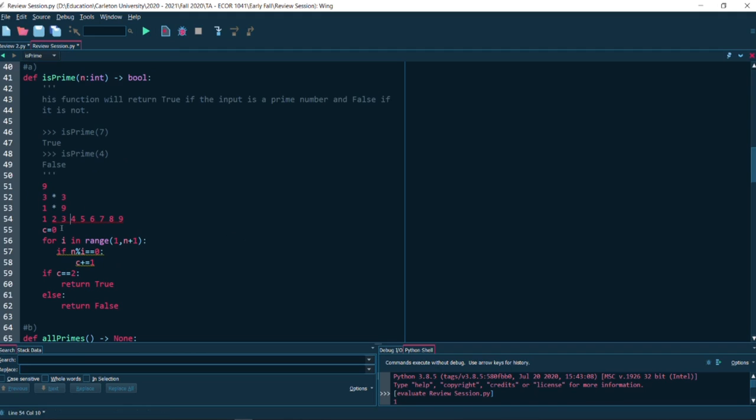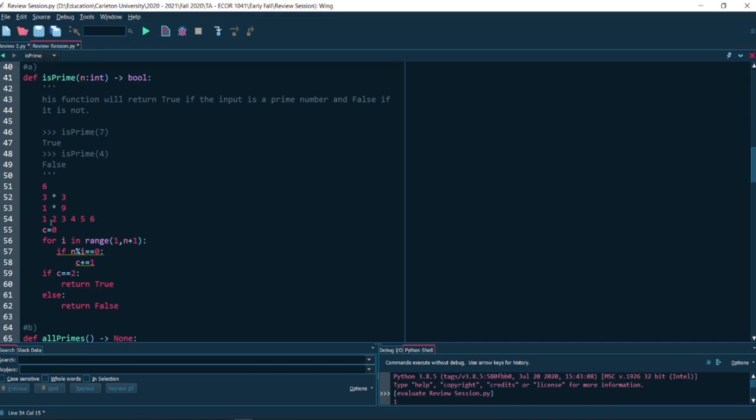So another method would be checking from, instead of going from 1 to n plus 1, I can go from 1 to the square root of n, and I only need one divisor. If I get 2 or above, then my number is not prime. An example of that is 9. 9 has 2 because it's divisible by 1 and it's divisible by 3. So I already know that I have another pair other than 1 and 9. Because if I get the 1, I already got the pair that makes it prime. And if it's divisible by anything else in that range, that means I've got another pair. Like, let's say the number was 6.